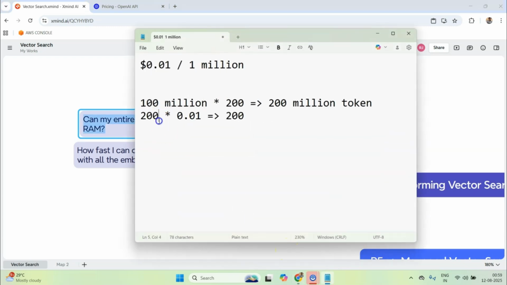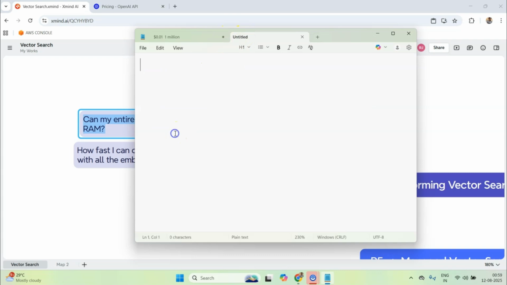So let's do some calculations here. Okay, suppose I have got maybe not 1 million, because again it is up to the organization. Suppose your organization only has 100k vectors or maybe 100k documents. Okay, so in that case, what would be the size in terms of RAM storage to do the calculation?